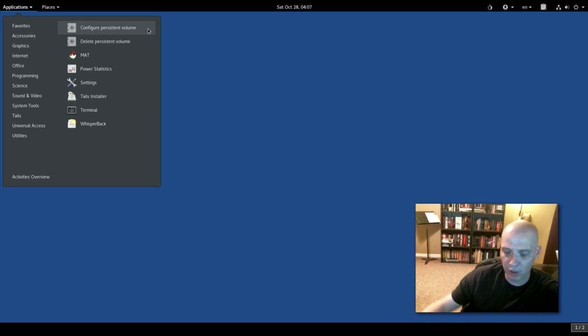What is a persistent volume? It allows you to save stuff to that drive. By default, nothing you do inside the Tails operating system is saved. Everything is destroyed. As soon as I shut down this operating system, everything I did is gone. There is no browser cache, no history. If I set any bookmarks, they're gone. If I download any files, they're lost. Nothing is saved. If I configure a persistent volume, I can set certain things up to save to that USB